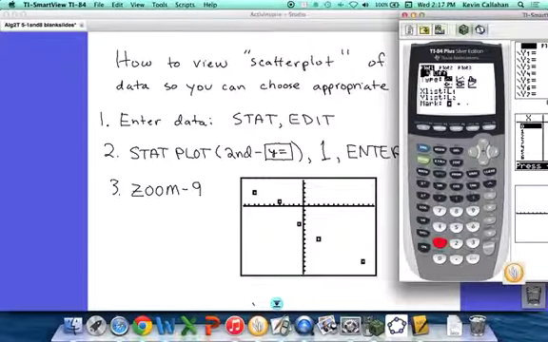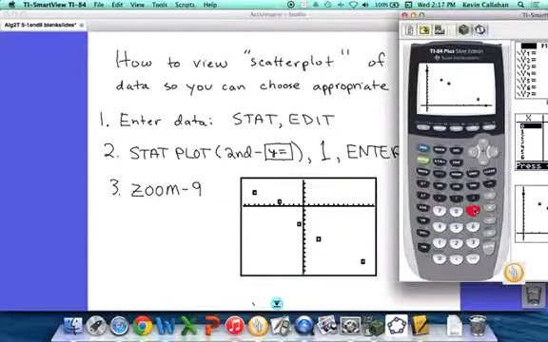So if you want to turn on the plotting of points, hit enter, so that now it's highlighted on the on. You just turned on the plotting of points. Okay, now, if you want to see those points, then you want to go zoom 9, right? The zoom is right here, right? And the 9, if you scroll down and look and see what it says, that's zoom stat, right? So we want to look at those points that we put in under stat, zoom 9, and that's different data,